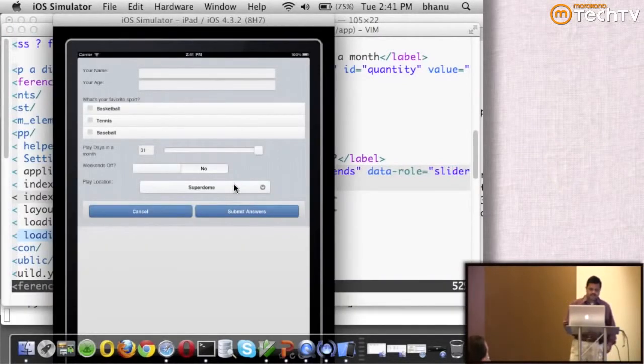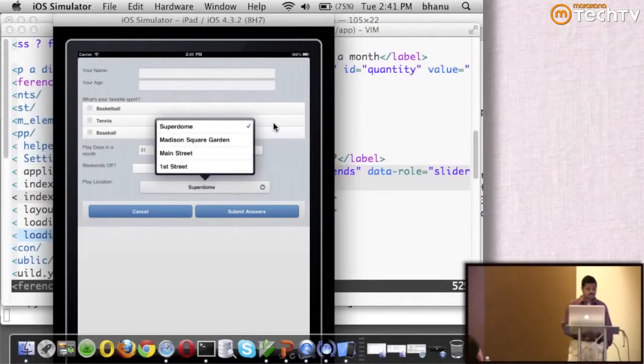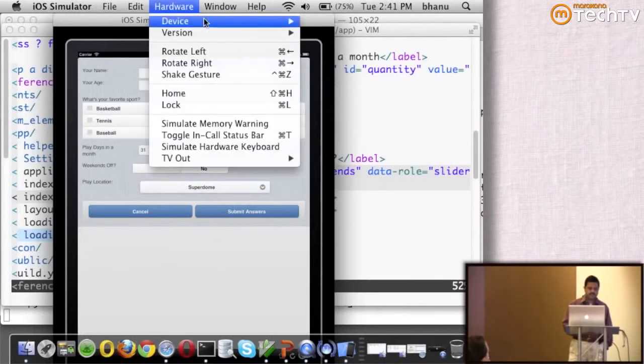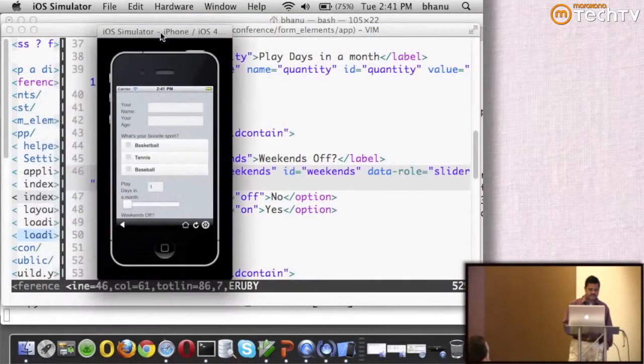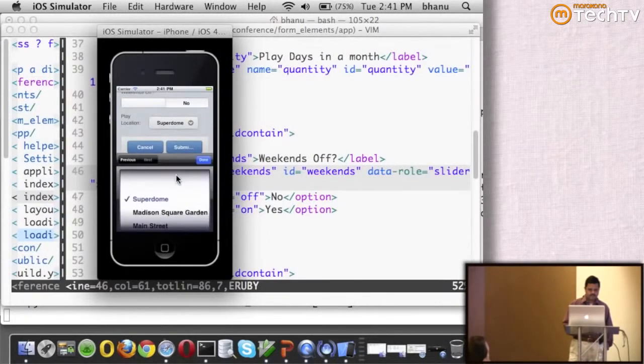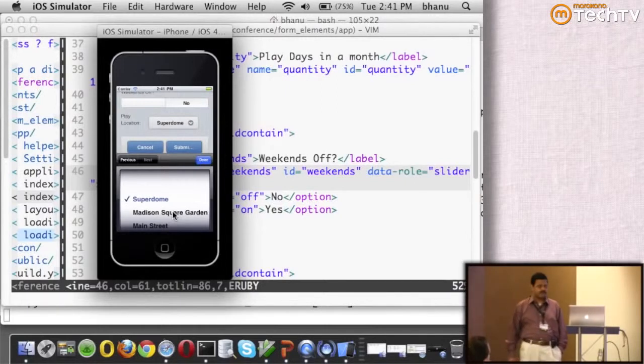Finally, I have a drop down, and so this is what I meant by a pop up appearing when you tap on the drop down list. So this is the default iPad behavior. If I ran the same thing on an iPhone, the behavior would be slightly different. So this type of a pop up comes up. The point is, you do not have to do any of these, it is already done for you. And if you ran the same example on an Android emulator, it would behave exactly like a drop down would behave on an Android device.